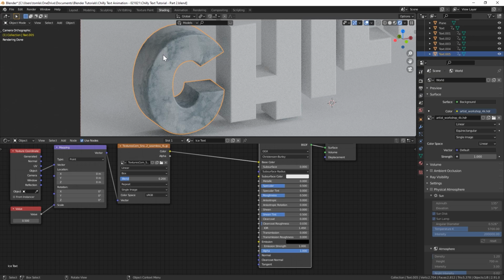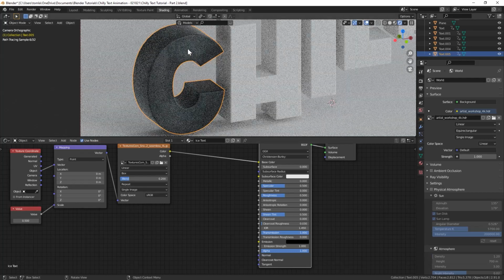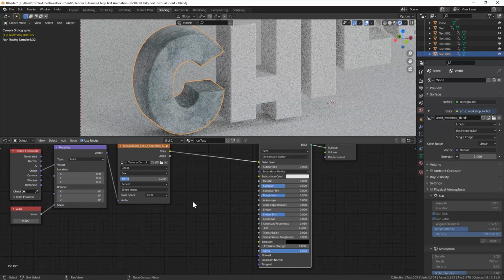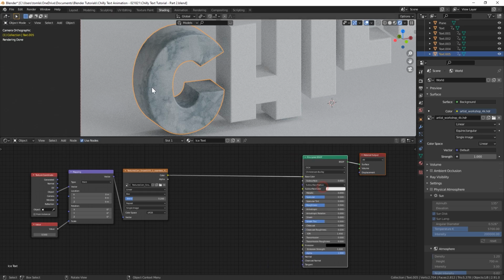So I want the ice to be partially see-through, and you might think you had to add a glass node or some kind of a transparency and everything, but what we could do is actually use the transmission slider here, and the closer to 1 that gets, the more see-through our text gets. We're going to use this texture to kind of turn it into a mask, so only part of the ice is see-through. But first, let's do the roughness.